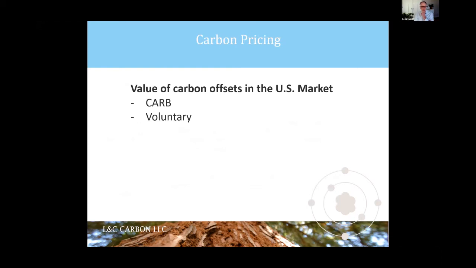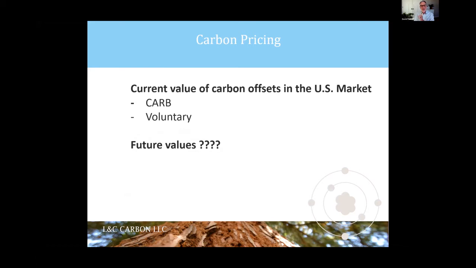So let me switch gears for a second to say, well, what does that really mean for the price of carbon offsets? One, I think there's going to be demand. Then the question becomes, well, what's the price going to be? In the California Air Resources Board, or what we refer to as the cap and trade program there, the price of offsets today, depending on what kind of project you have, can range anywhere between $13 and $15 a ton.